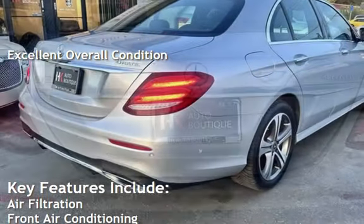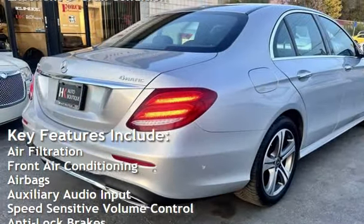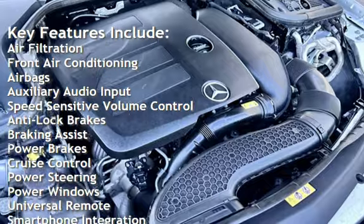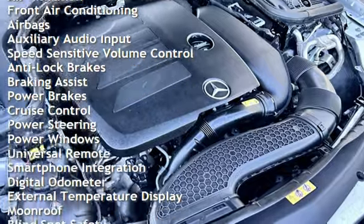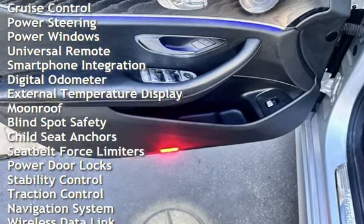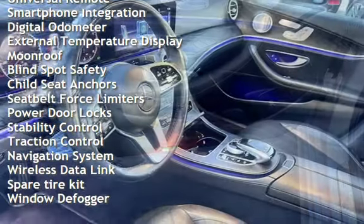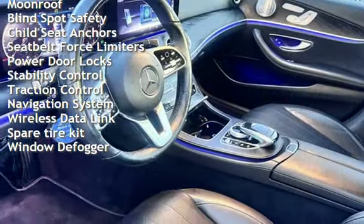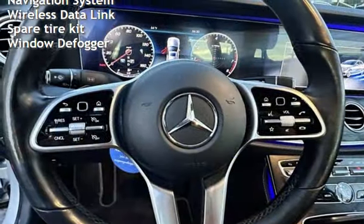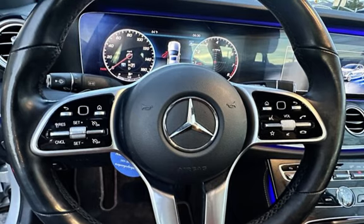Key features include air filtration, front air conditioning, airbags, auxiliary audio input, speed-sensitive volume control, anti-lock brakes, braking assist, power brakes, cruise control, power steering, power windows, universal remote, smartphone integration, digital odometer, external temperature display, Lulu, blind spot safety,